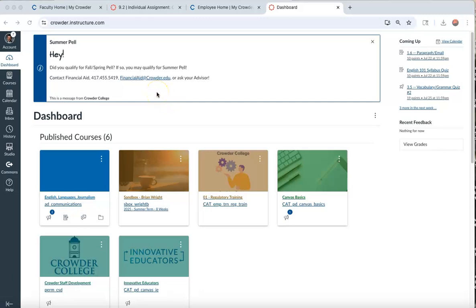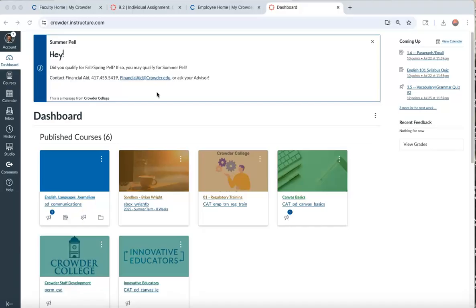This is an overview of my sandbox that I created for this course, the Innovative Educators course that I'm taking to make an online course. First off, bottom line up front, I have not made a seated course through the dashboard yet, so I don't have anything to flip onto an online course. So everything that you see here is me prepping for English 101 that I'll be teaching here in a few